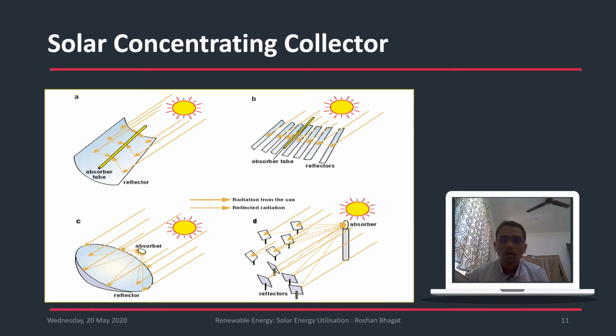Just like a coal thermal power plant uses a boiler for producing steam, in the same way n number of reflectors can be used for getting a higher value of temperature, and this can be further used for converting water into steam. A dish type of arrangement can also be used in a concentrating type of collector. There are different concentrating type of collector arrangements, some of them are shown in this particular image.